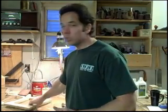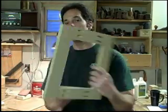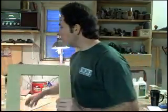Well, I did tell you earlier that I was going to show you an alternative method for making your panels other than using the stick and cope router bit on the router table. Well, this is what it is. We're starting off with our stiles and rails that we've put together with just the pocket hole screws. And well, next we're going to apply